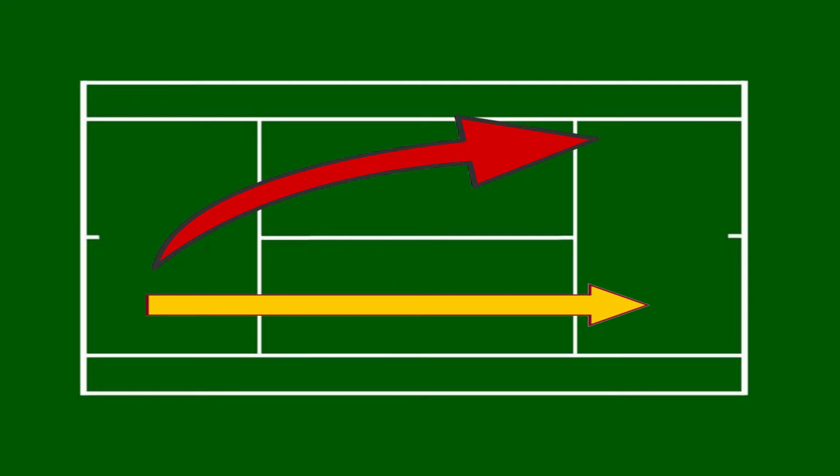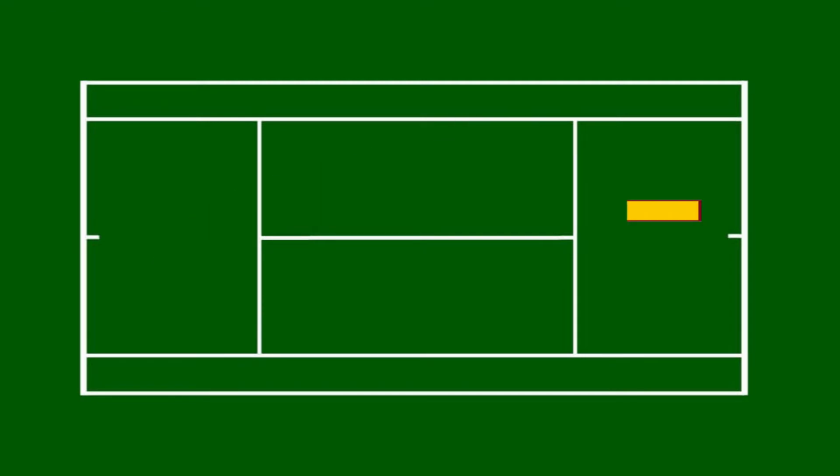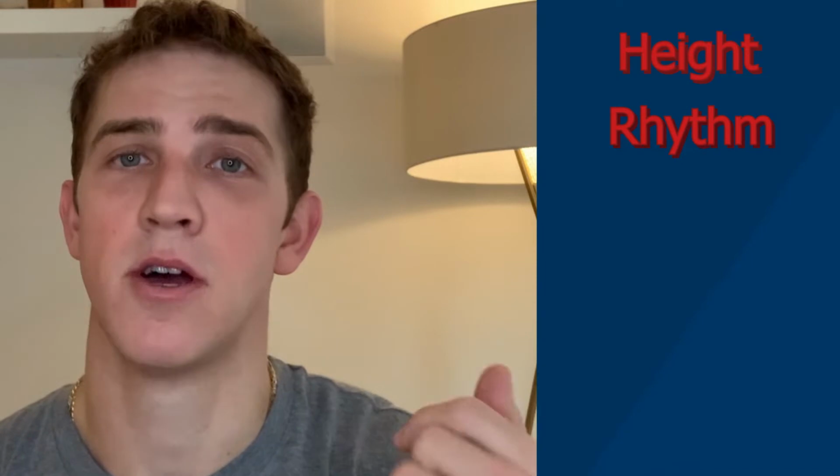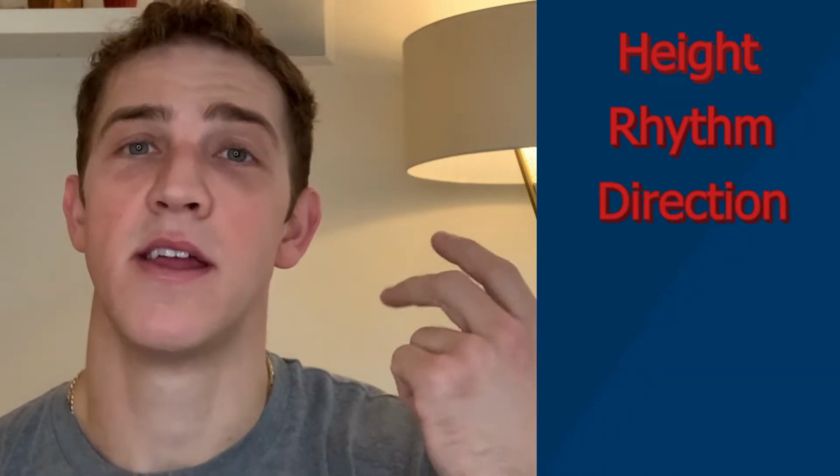We're also talking about referencing what you do to the shot that's incoming to you, so you can make these changes to the ball. But what we're gonna focus on is the difference between the two balls that you actually send out to your opponent. The six fundamental ways that you can manipulate the ball are height, rhythm, direction, depth, spin, and